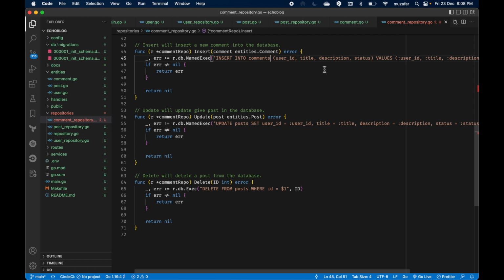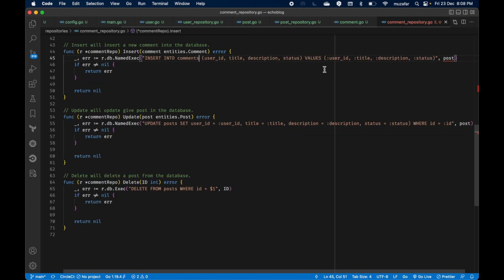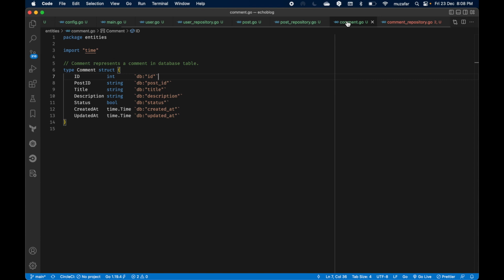Yeah, for the columns, I think we missed user ID in comment. Yeah, let's come back to it later, or maybe do it now,